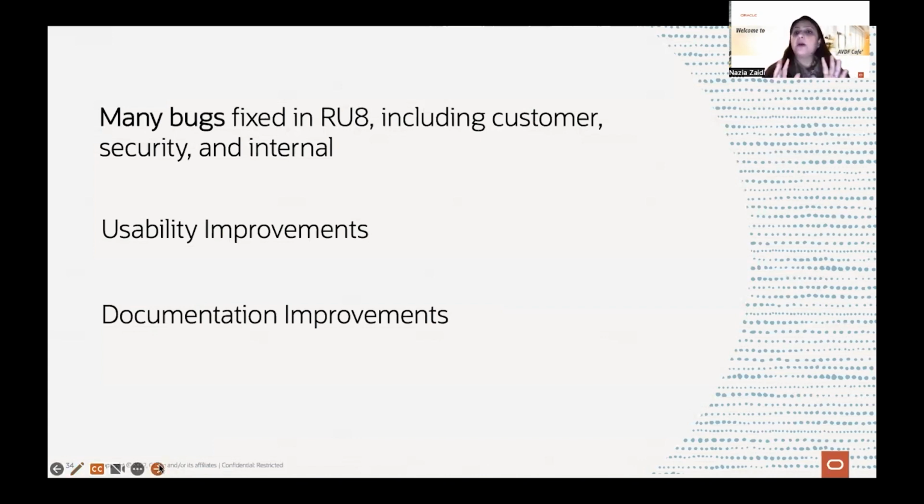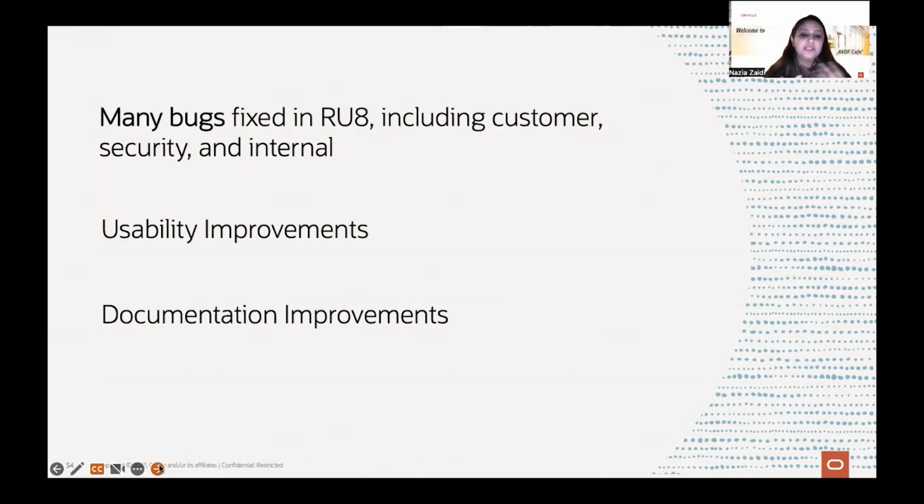The very important last focus for RU8 was documentation improvement. We went through a lot of chapters of AVDF documentation. I know it's a heterogeneous solution, so there is a lot of complexity involved in different architectures, different infrastructure, etc. Everything has to be properly documented, and at the same time it has to be very simple for you to use and read through.